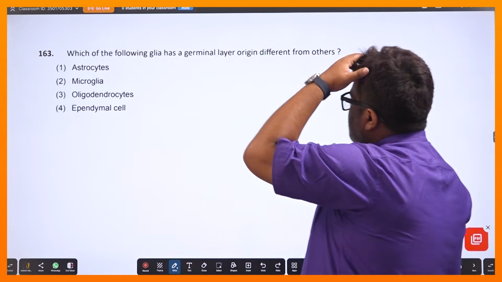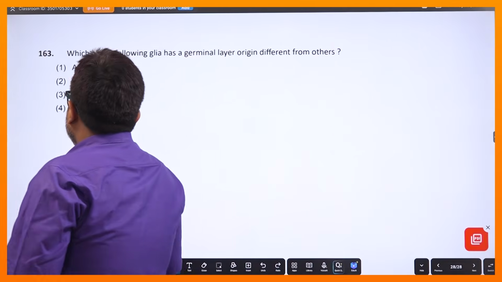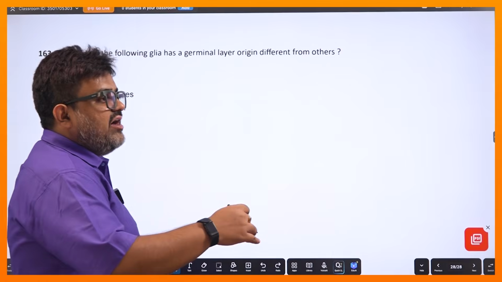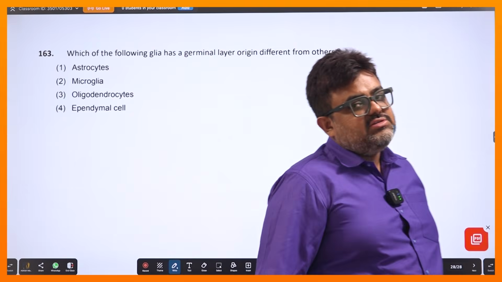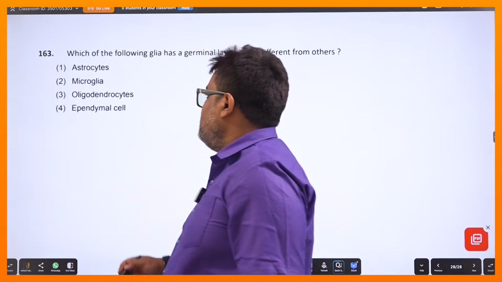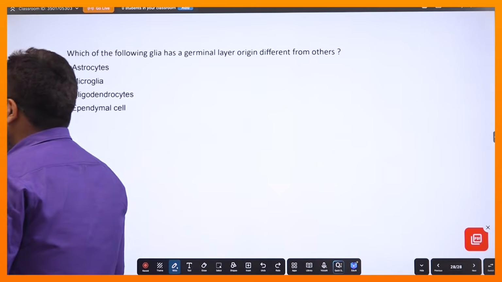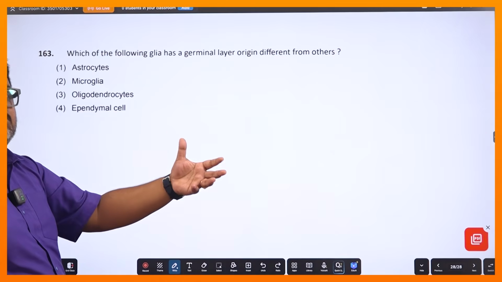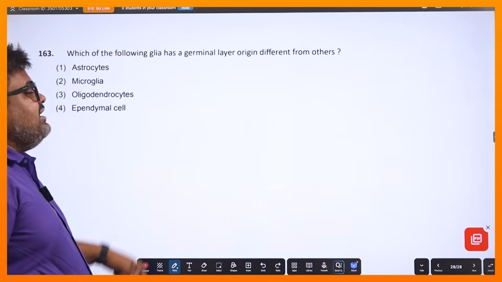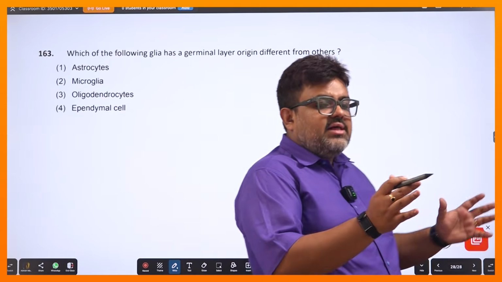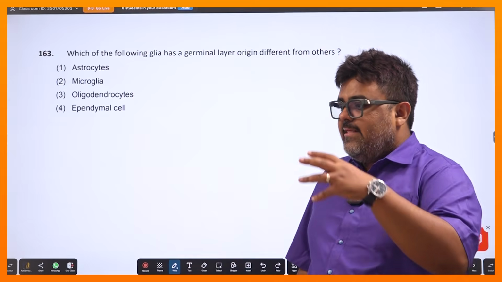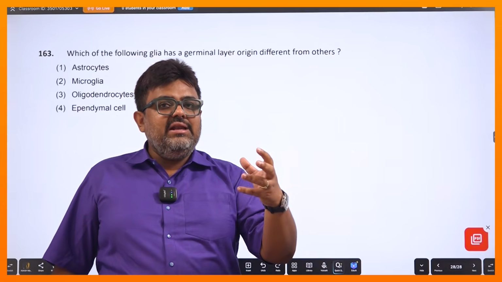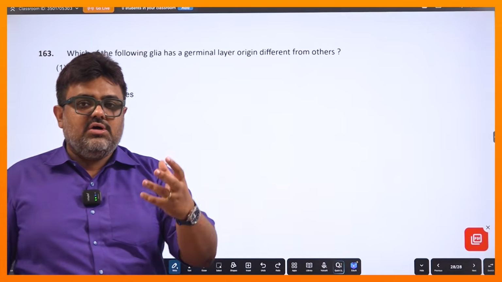হুইচ অফ দ্য ফলোইং গ্লিয়া হ্যাজ আ জার্মিনাল লেয়ার অরিজিন ডিফারেন্ট ফ্রম আদার্স। দেখ এখানে একটা কথা বলতে চাই, তোরা জানিস মোর দ্যান হাফ ভলিউম অফ দ্য নিউরাল টিস্যু, ওর মধ্যে নিউরোগ্লিয়া সেলস থাকে। এবার নিউরোগ্লিয়া সেলসের মধ্যে অ্যাস্ট্রোসাইটস থাকে, অলিগোডেন্ড্রোসাইটস থাকে, ঠিক আছে। মাইক্রোগ্লিয়াও অনেকে বলতে পারে ইজ ওয়ান অফ দ্য নিউরোগ্লিয়া সেলস, ঠিক আছে। আর এপেন্ডিমাল সেলস দে আর অ্যানাদার সেট অফ সেলস যেটা তোমার নিউরাল টিস্যুর মধ্যে পাওয়া যায়। মানে নিউরাল টিস্যুর মেন ফাংশনাল ইউনিট বলতে পারিস নিউরনস, কিন্তু